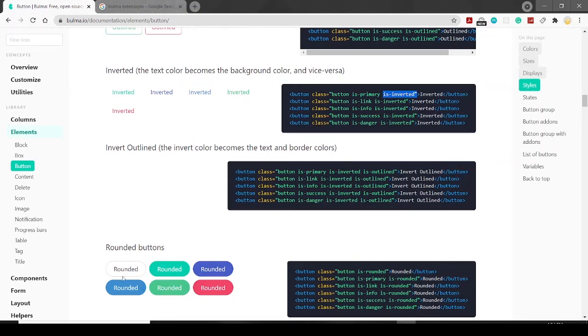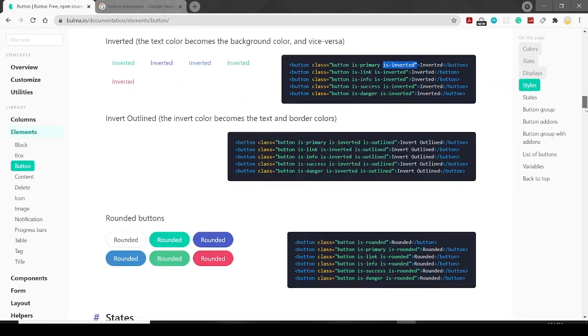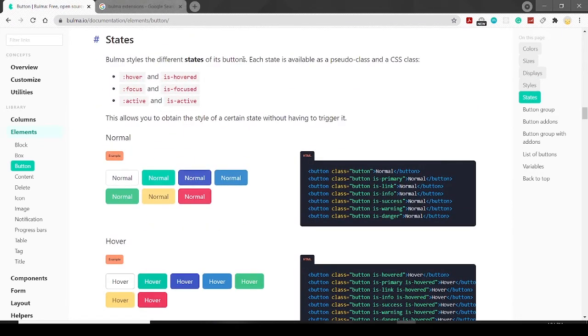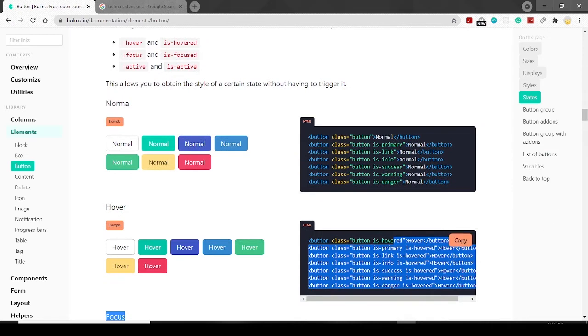Rounded buttons. So the rounded buttons we do have in Bootstrap 2. The different states are defined here. Hover is hovered, focus is focused, and active is active. The code is here for this one. This is the normal one, and here is the code. Is hovered, and